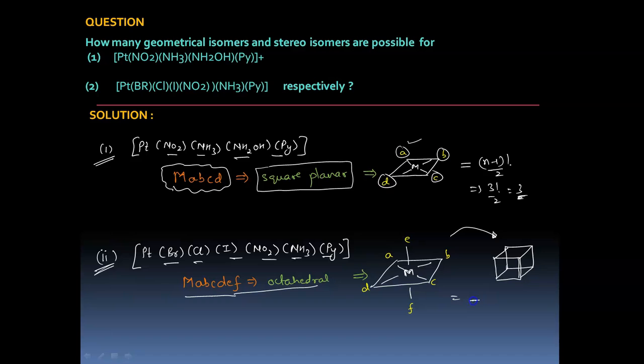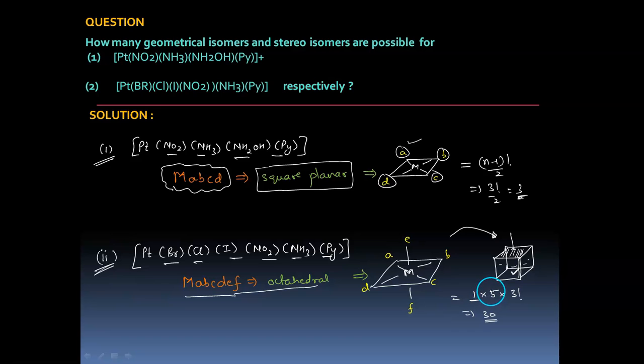So the first face can be painted in how many ways? It can be painted in one way because the colors are different but the positions are not distinct. All the faces are identical. So let's say you painted this with a certain color, let's say yellow. Then the opposite side will have a distinction. The opposite side can be painted in how many ways? It can be painted in 5 ways. And the vertical or the side faces, you can see 4 in number, 1, 2, 3 and 4. It's a case of a circular permutation. So we can say it is 3 factorial. So this will be equal to 30 stereoisomers.